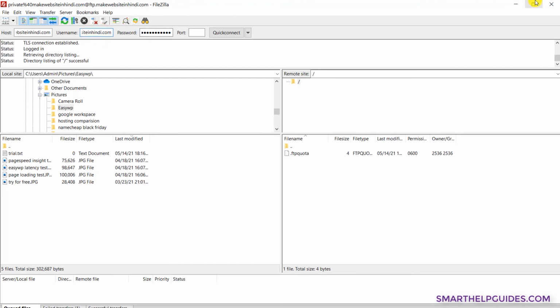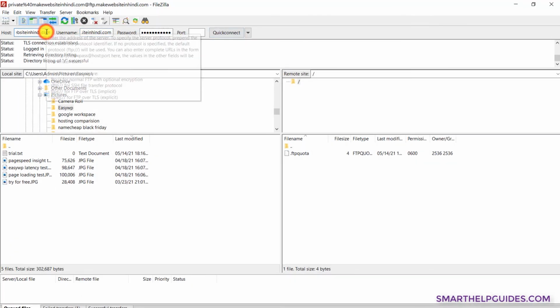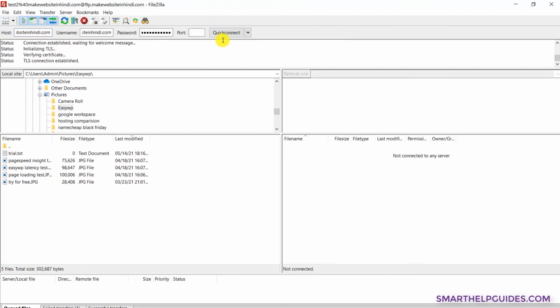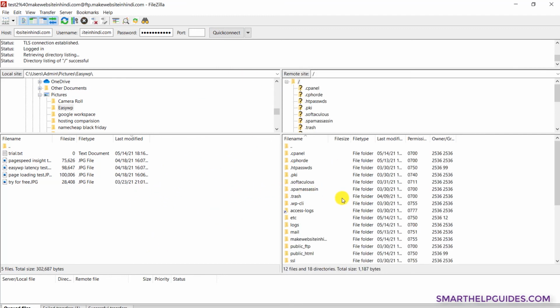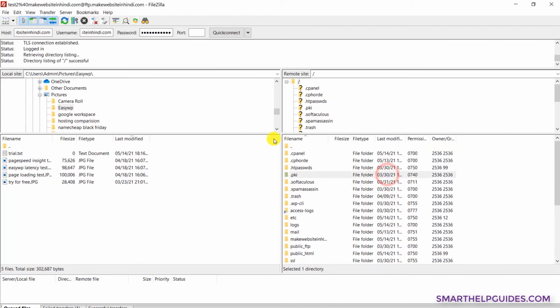We'll put the username here, and similarly I will copy the server detail and paste it here. Then enter port 21, click on quick connect, and sometimes you may see a certificate error, but you can safely ignore that. Just click on OK. So congratulations, we have been able to access our website through FTP.